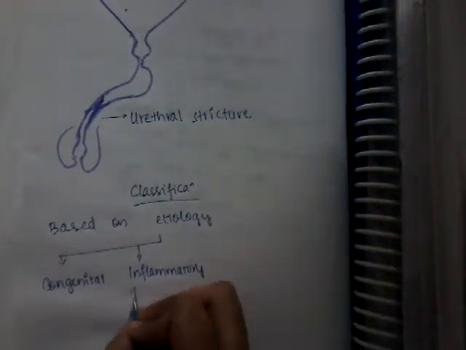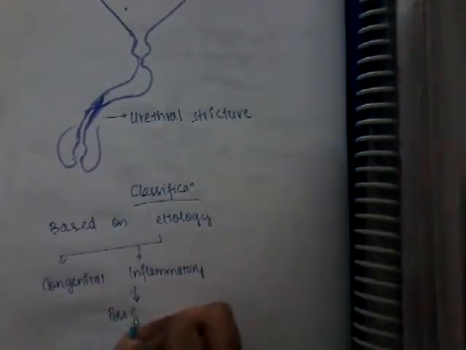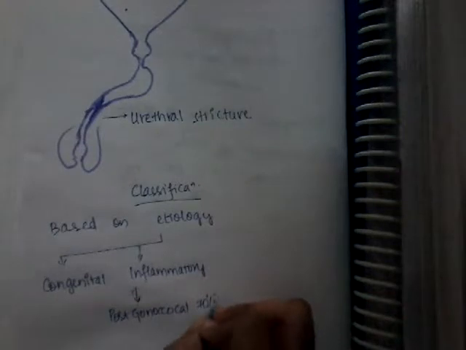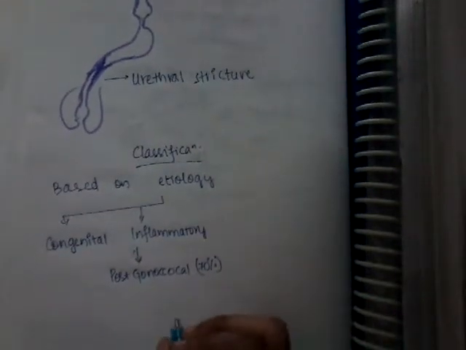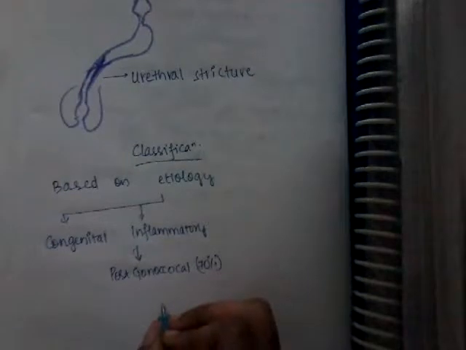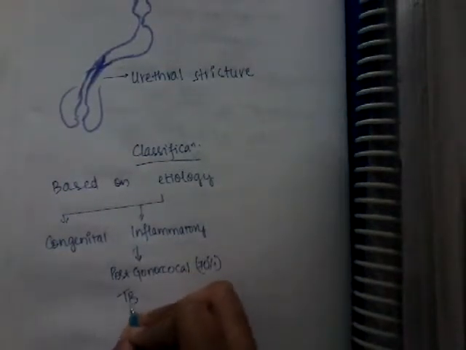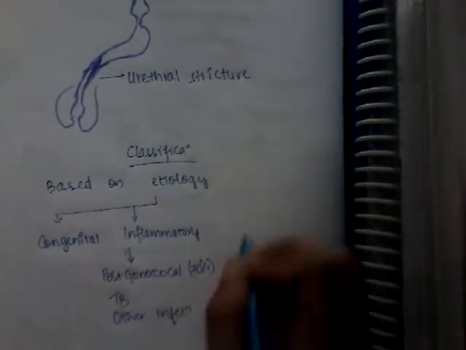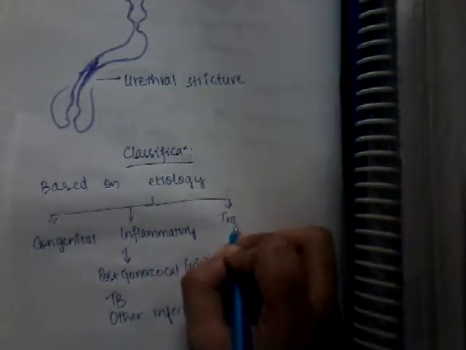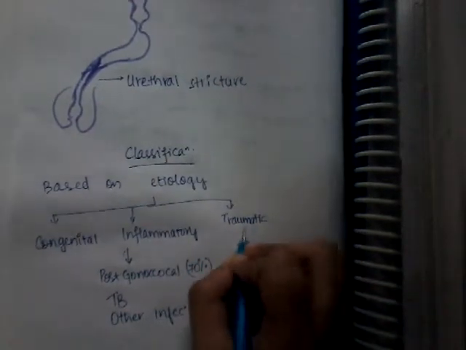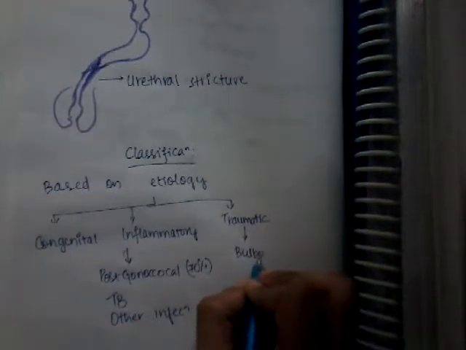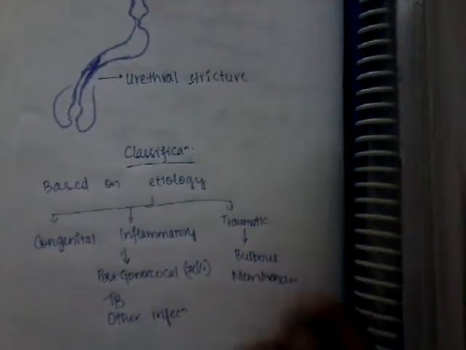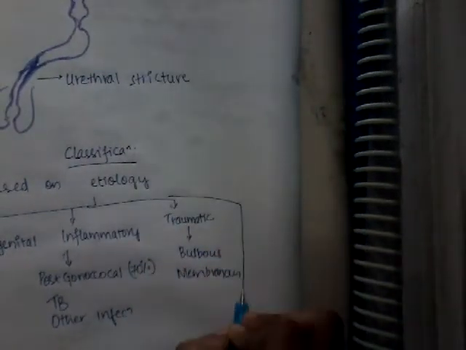So, what infections are majorly responsible? One is post-gonococcal. This is the most common, approximately 70% of strictures are due to gonococci. That is, after gonococcal infection, there is possibility of post-gonococcal strictures, and then tuberculosis and other infections. So, these are inflammatory, and then traumatic include bulbar and membranous types. And then the fourth one is